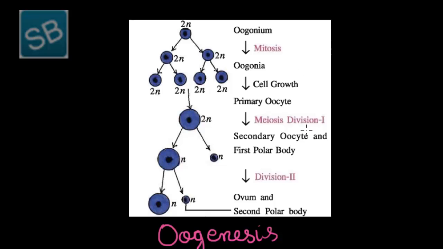This figure depicts the process of oogenesis that occurs within the female, where the oogonium, after undergoing mitotic division, forms the oogonia, which after going through the growth phase, that is, the increase in the size of oogonia, results in the formation of the primary oocyte. This primary oocyte, after undergoing the first meiotic division, forms a larger secondary oocyte and the first polar body, which is small-sized. This further undergoes the second meiotic division to form the ovum and the second polar body. It is this ovum which takes place